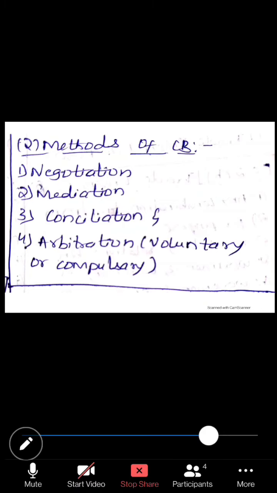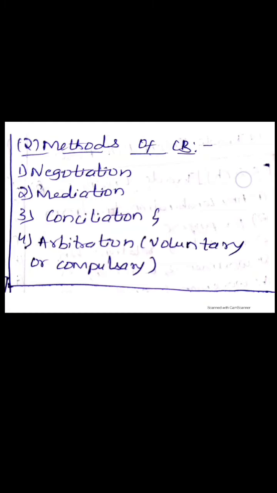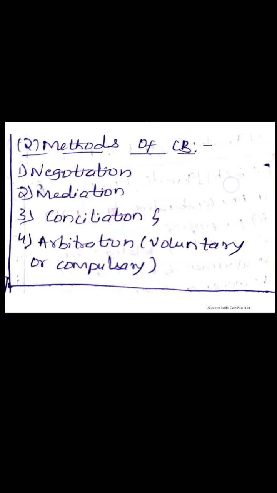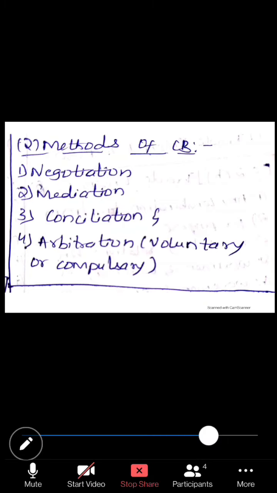So next is arbitration. If the dispute is not solved by negotiation, mediation, conciliation, and collective bargaining, then they will use the arbitration method. In arbitration, the workmen and the employers agree to take a third person, and whatever judgment he gives, they will accept under arbitration. Under mediation and conciliation, the third person's judgment is not enforceable. He will just assist. But under arbitration, they appoint a third person to give judgment itself. So there are two types: voluntary or compulsory arbitration.